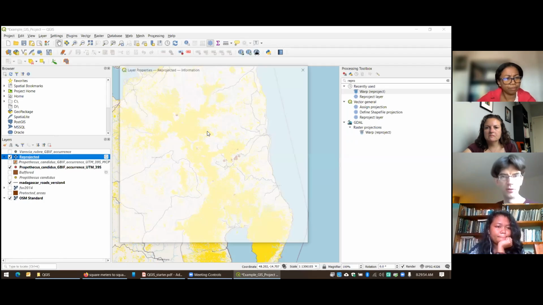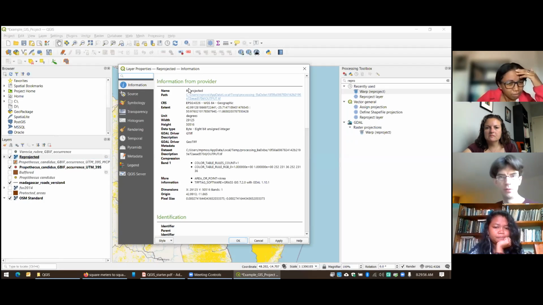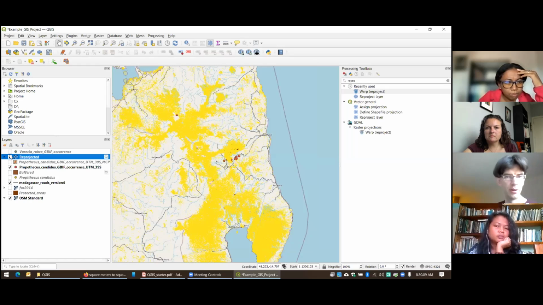Sorry to change gears here. You can see it's named Reprojected because I didn't give it a name. It's a temporary file, but now it's in degrees instead of meters because I reprojected it to WGS 84. I'm going to turn that off.